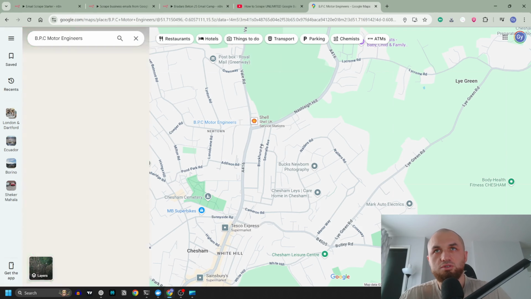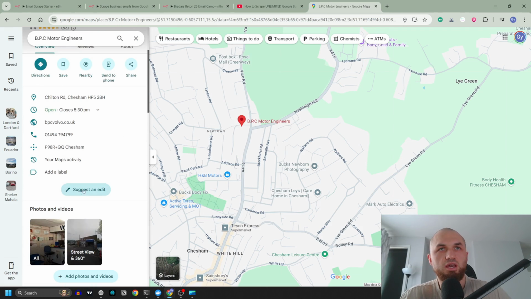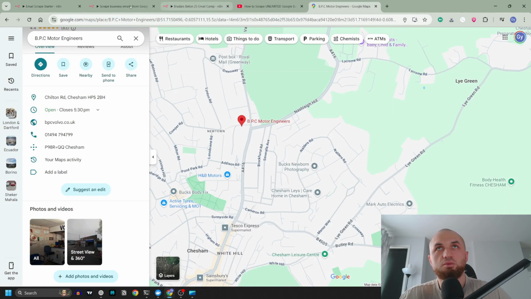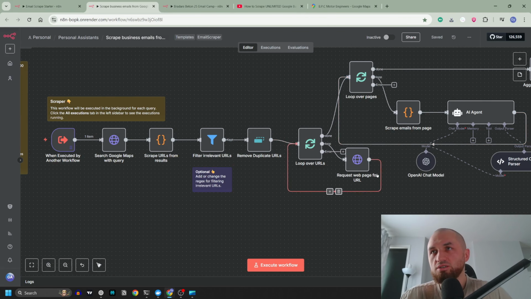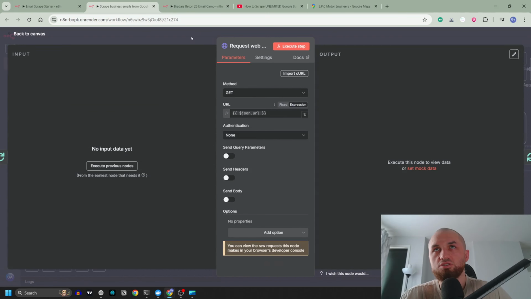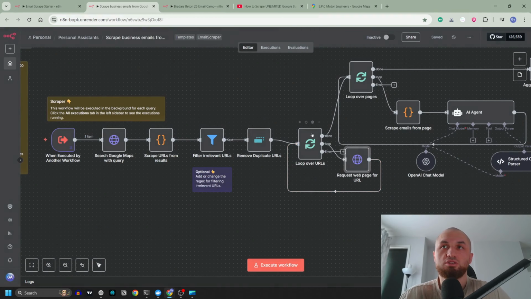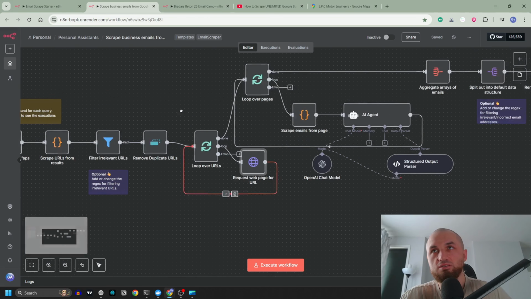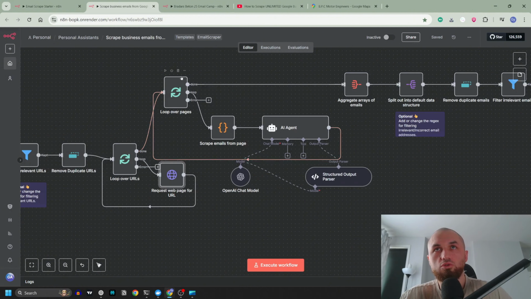In Google Maps, you hit this place. If they have a website, we're going to have it here, like a URL. And this website is going to be taken here and hit with a get request to this URL. So as I showed in the previous example, it's going to hit a get request and collect all of the data here. It's going to loop through all of the websites found in Google Maps, all of the businesses, and then it's going to loop on every page